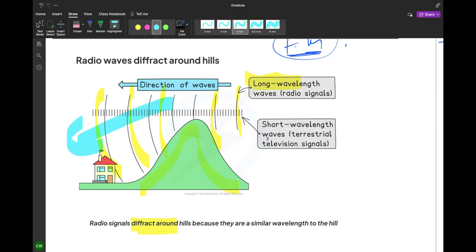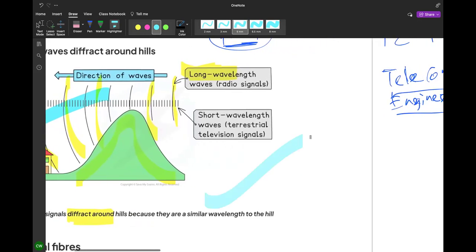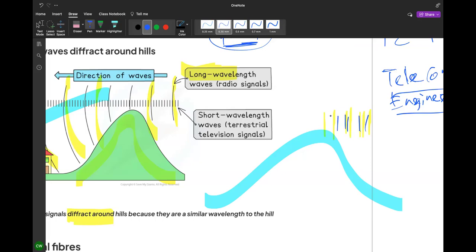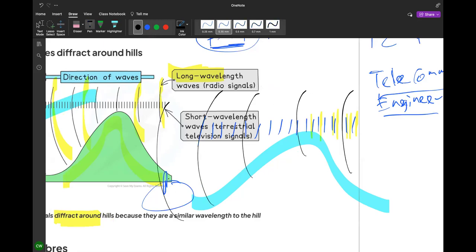If it's a long signal, that means same mountain. If we use short wavelength, then the signal will be like that. If it's too short, it just passes straight. Your house is here. Oh, cannot receive. Long wavelength one can, no problem. You'll be like that, like that, like that. Oi, can receive. Good.